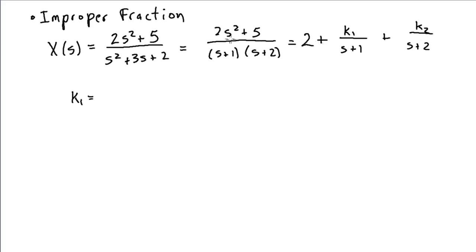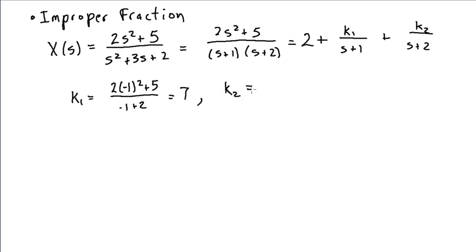So k1 is equal to, on the left hand side, I'm just going to cover up the s plus 1 term, or pretend it's not there, and evaluate the rest of this at s equal to minus 1. So in the numerator I'll have 2 times minus 1 squared plus 5, and in the denominator I'll have minus 1 plus 2. So I'll get here 7 over 1, and so for k1 I find it's equal to